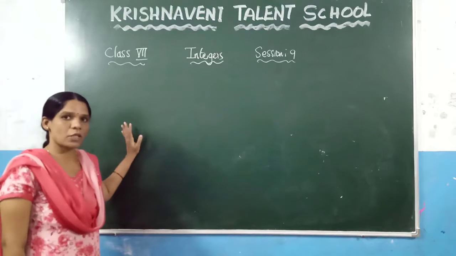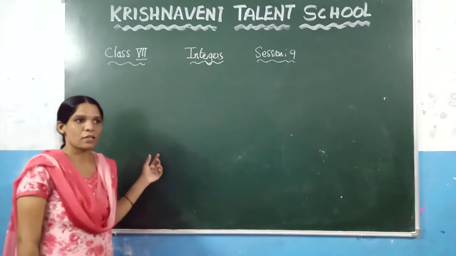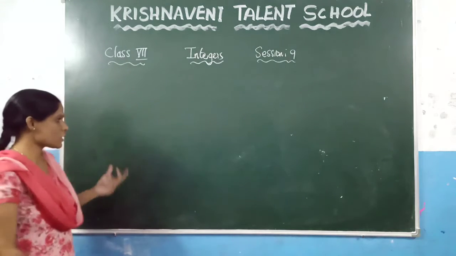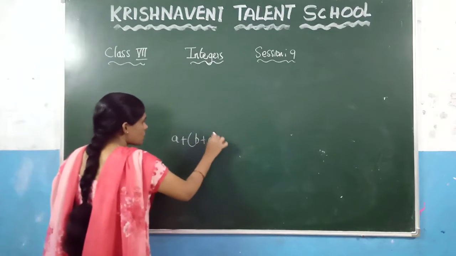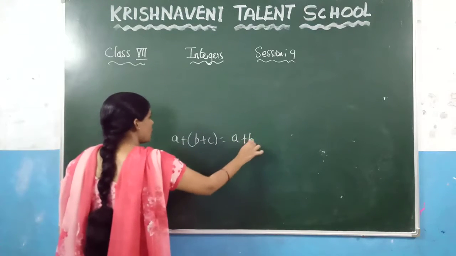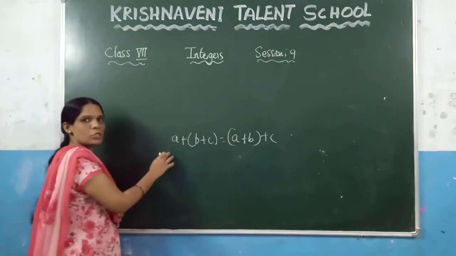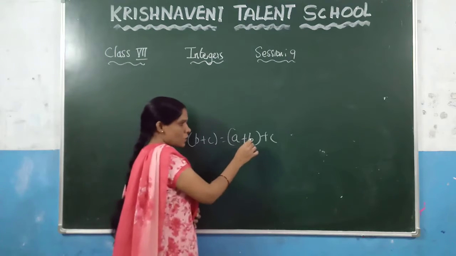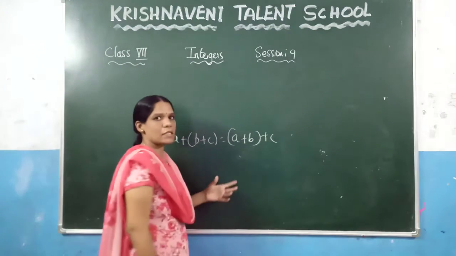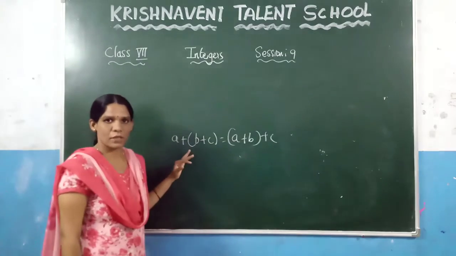And what does the associative property say? For the associative property, we need three integers. What it states here is a + (b + c) must be equal to (a + b) + c. That means first you add the second and the third number, and the result is added to the first number. And the first number and the second number are added, and the result is added to the third number. But you have to get the same result. Up to this we discussed.